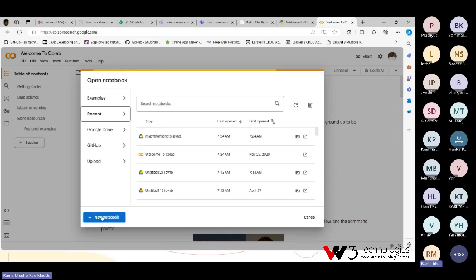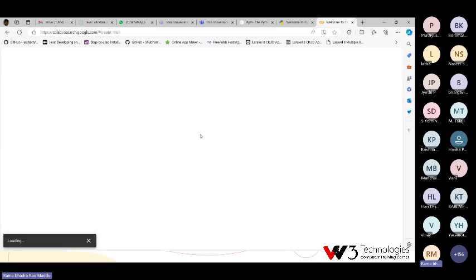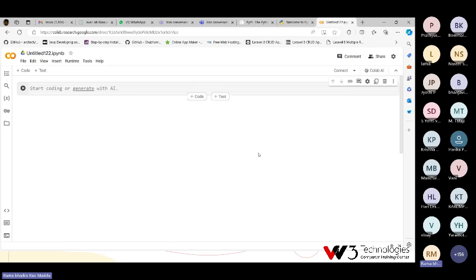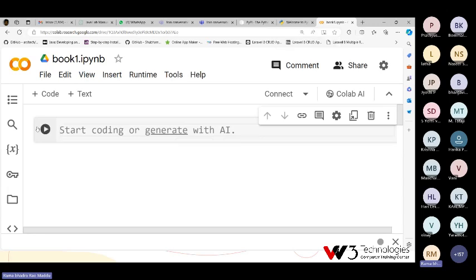New notebook. You just require a Gmail, that's all. You can give any name for this notebook. I can give this is my name. Here code is there, text is there. Code means Python code. Text means comments or information we can add. By default, one code cell is there. This is the execution play button or run button. I can zoom. It is the play button or run button.